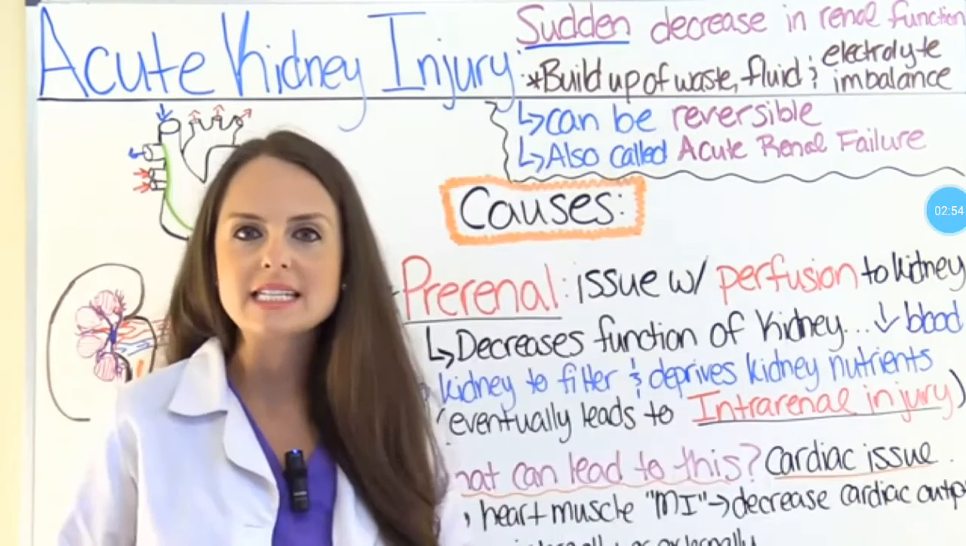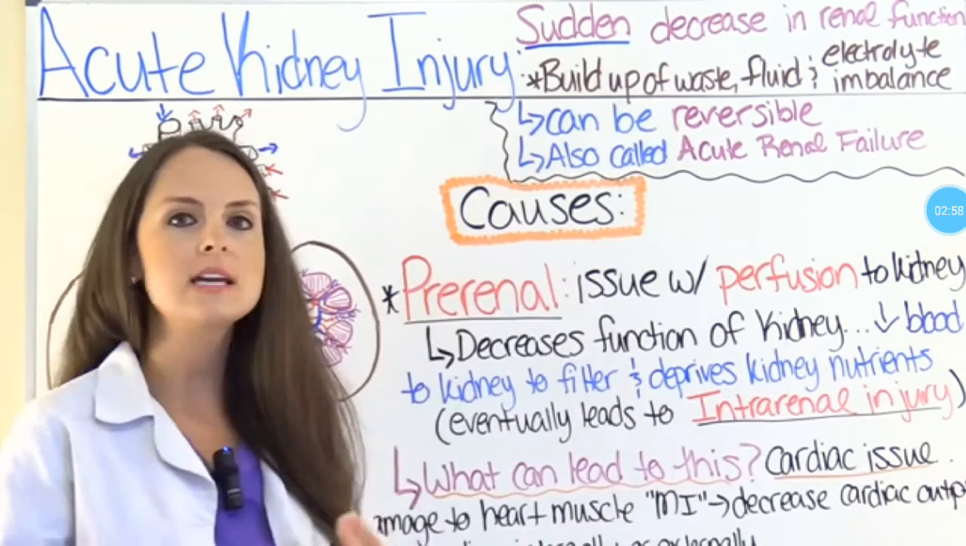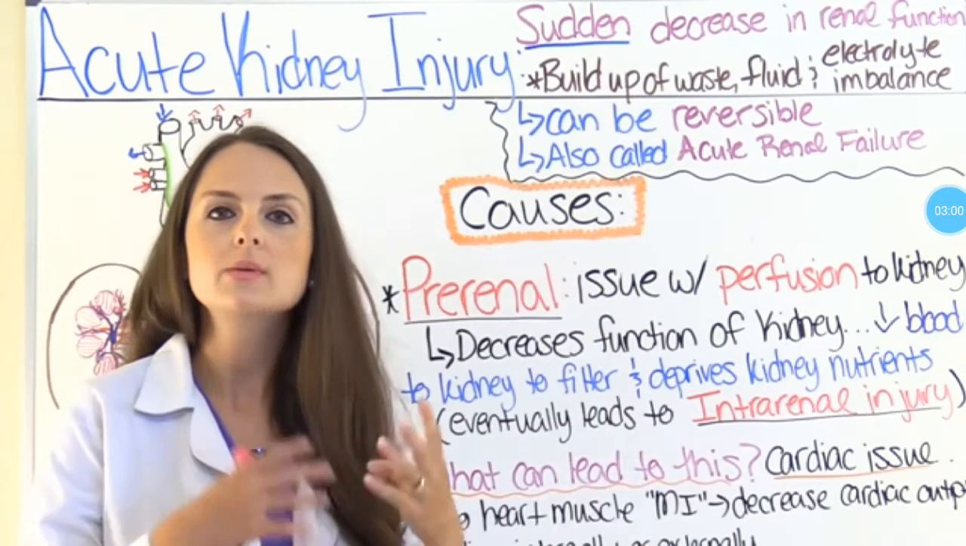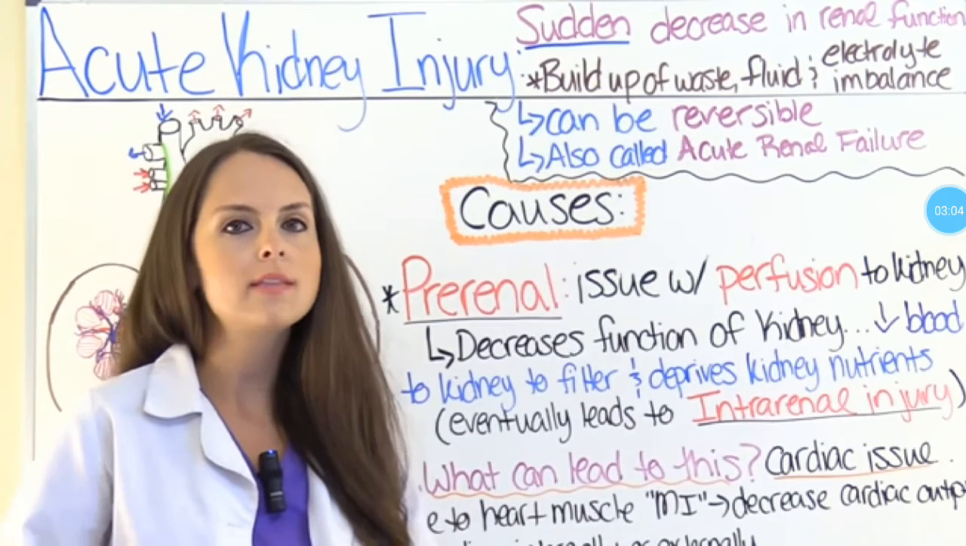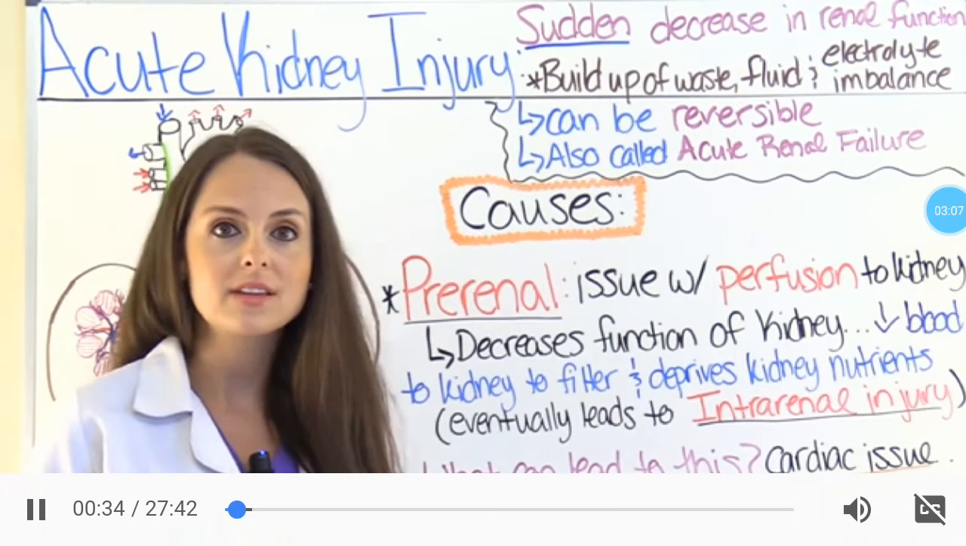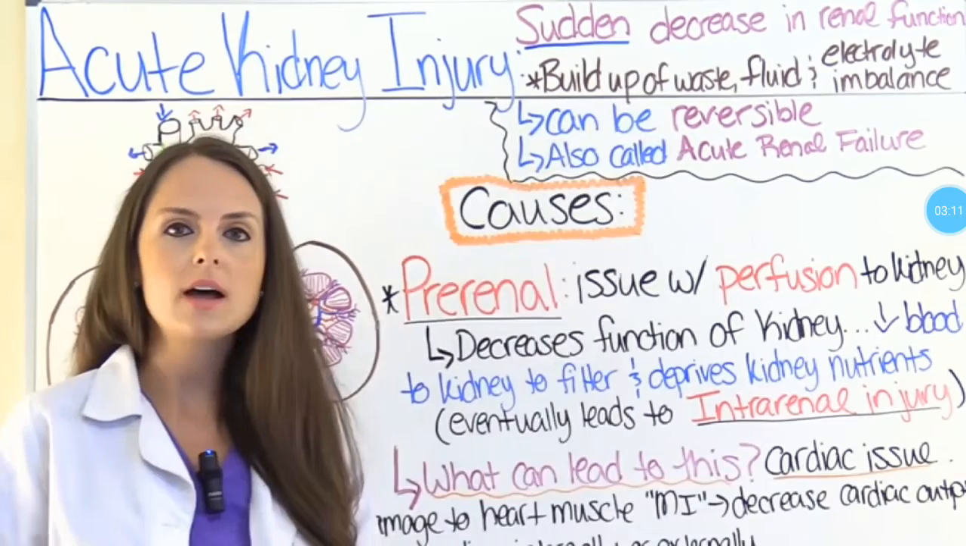So what is this condition? This is where there's a sudden decrease in renal function. So it comes on quickly and the kidneys aren't able to filter the blood like they should. And because of this, you get a buildup of waste in the blood, like